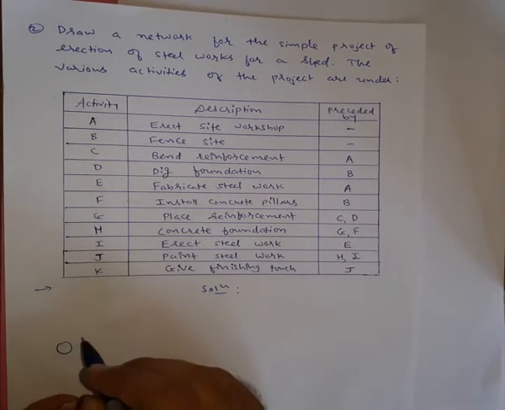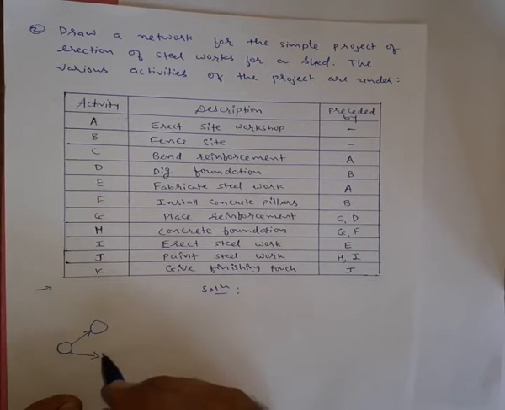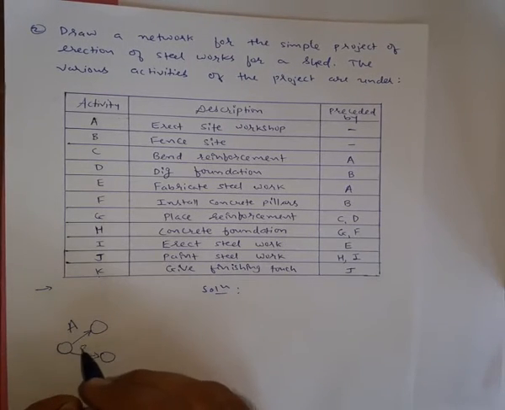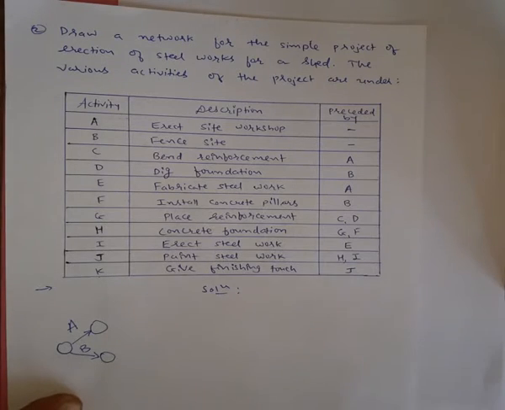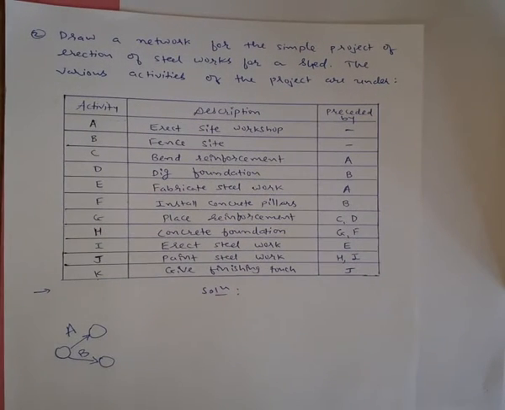So this is activity A. Similarly, activity B is also independent. Now coming to activity C. It has a predecessor activity A, meaning it is dependent on the completion of activity A. Only after the completion of activity A can you start activity C. See, a network diagram can be drawn by your own knowledge. You can draw it in any way. But what you must keep in mind is that a network diagram will always have one starting point and one end point.